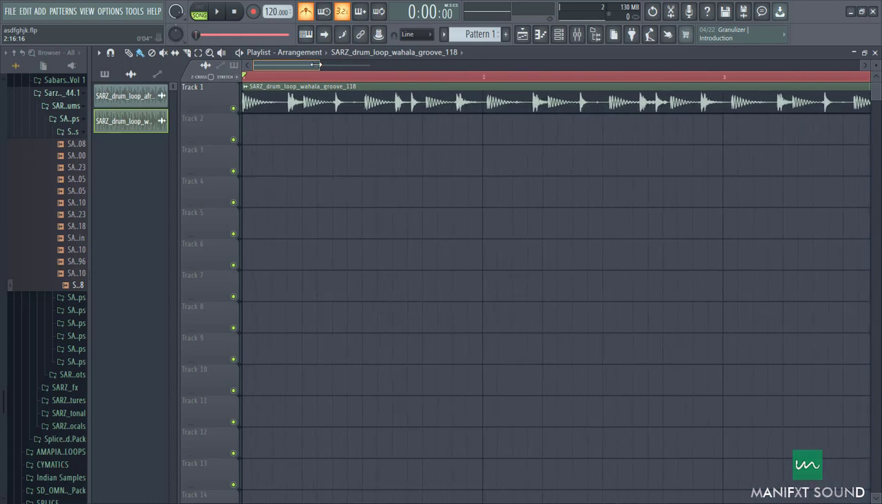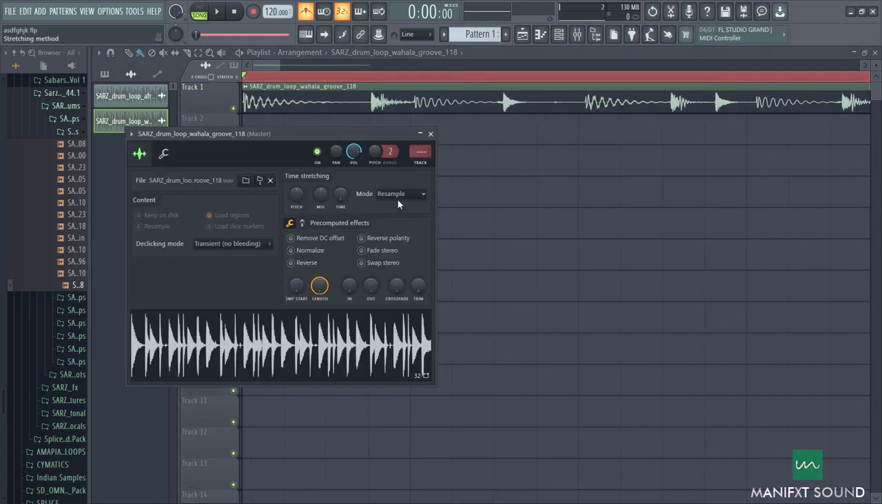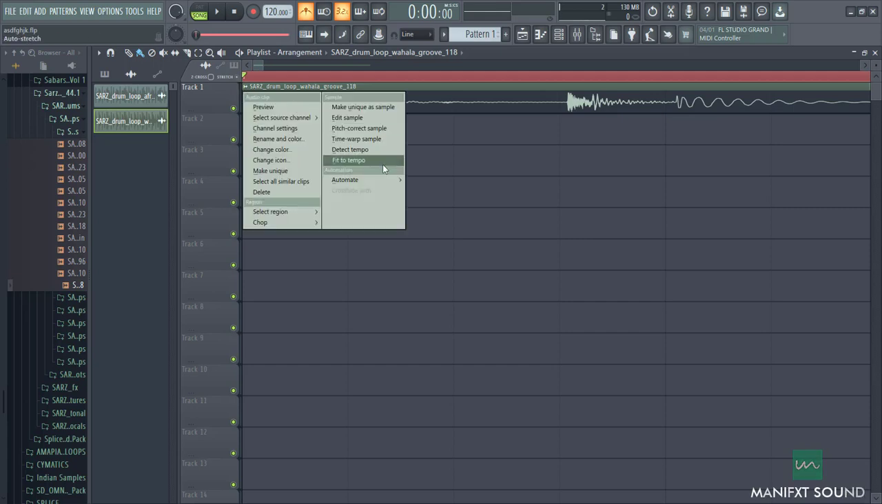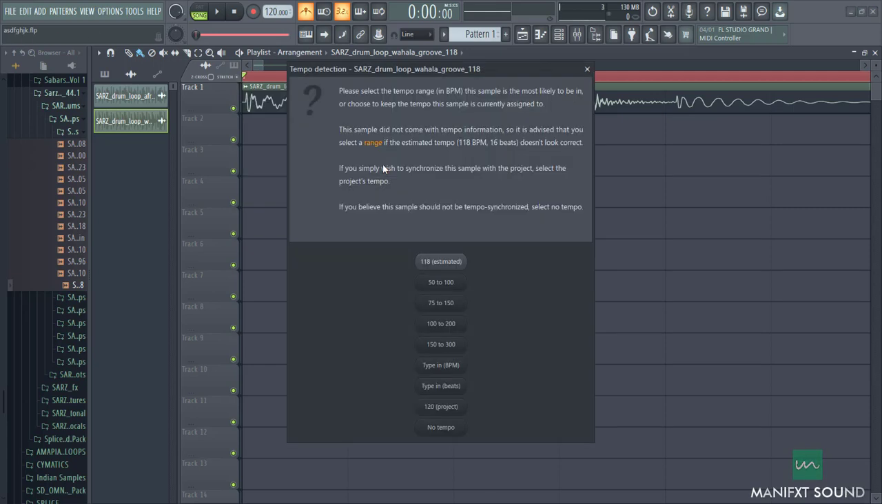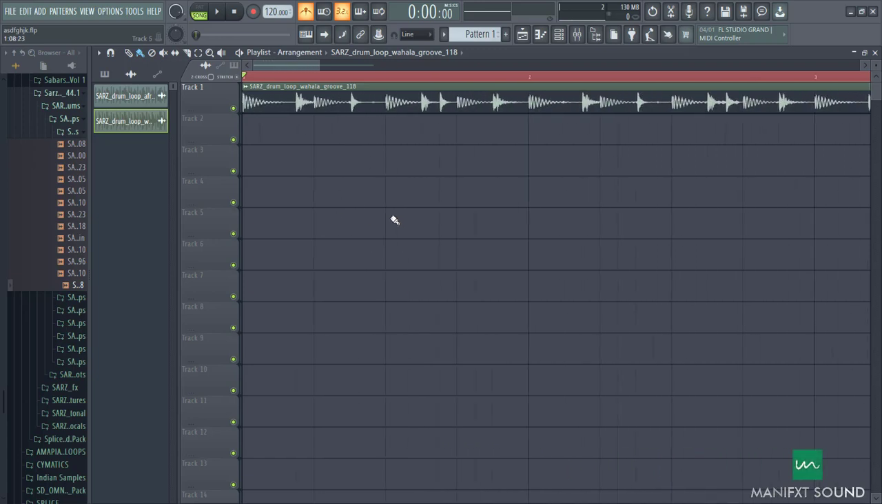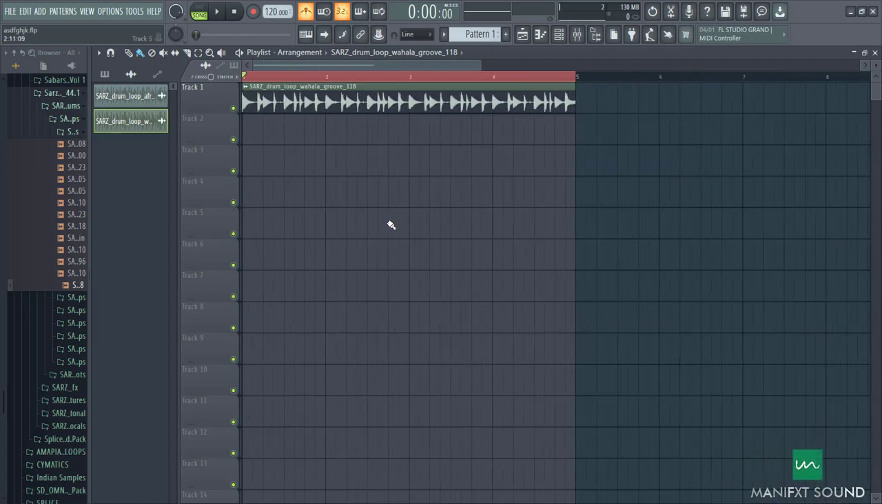Going over the second method, what you want to do is double click this loop, then come to mode, and change it to stretch. Then you want to come back to this loop, click this wave icon, and select fit to tempo. But this time you're not going to select any tempo. What you are going to do is come to type in BPM and put the original tempo for the loop, and in this case it is 118. As you guys can see, an adjustment was made to it. So when we preview it now and listen,